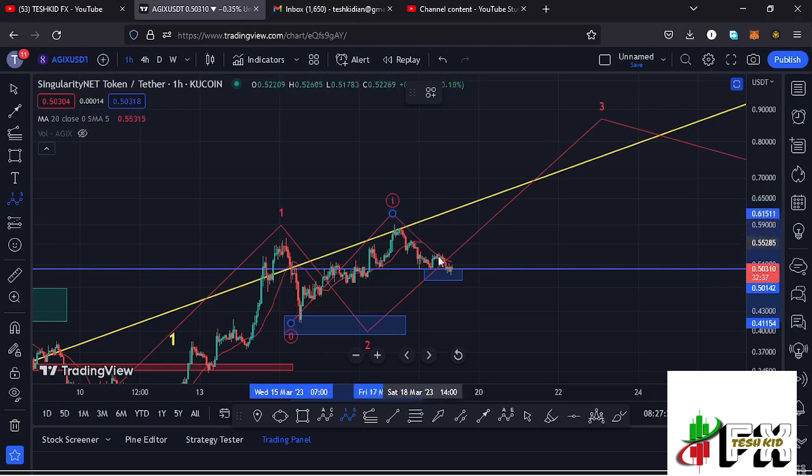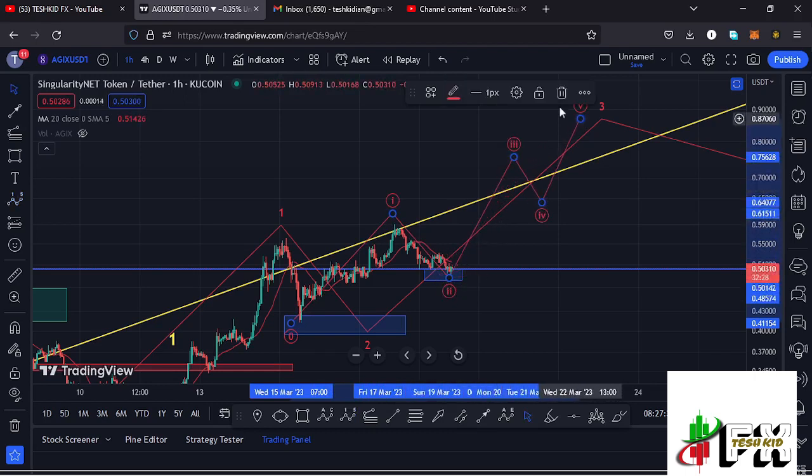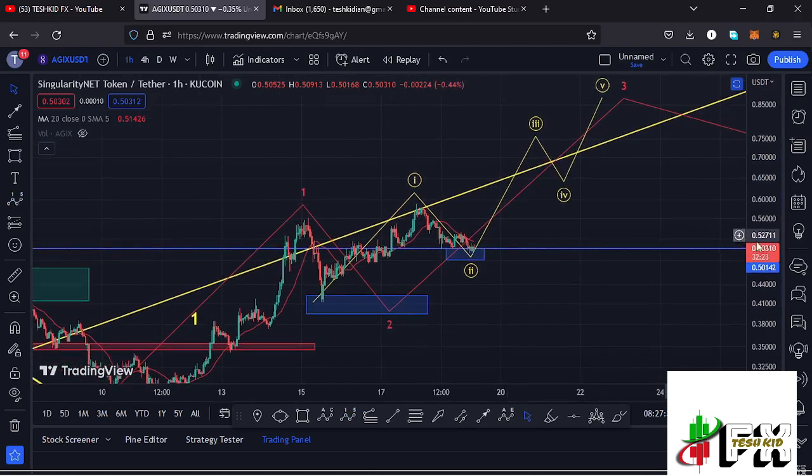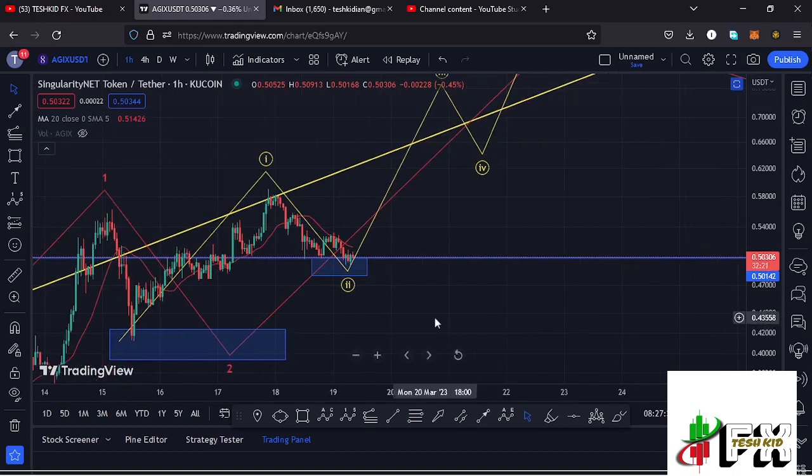Then we have seen a corrective structure in the formation of this wave 2, and after seeing the low for this second wave, whatever I'm expecting next is the start of that wave 3. Then we can expect a wave 4 and then our wave 5 to fully maximize our target areas to the upper side. And I believe we have seen a corrective structure in the formation of this wave 2 right here,